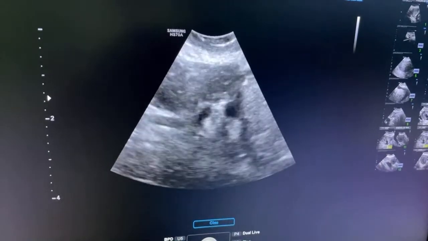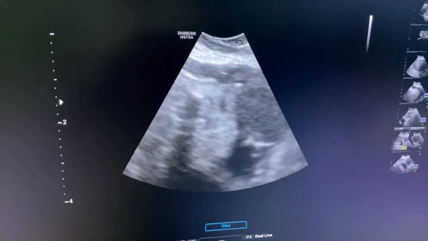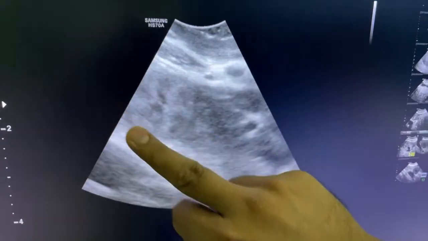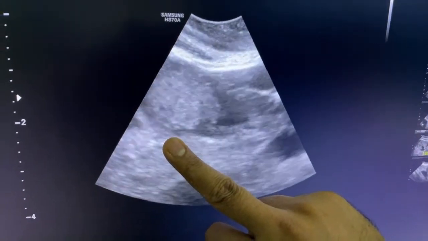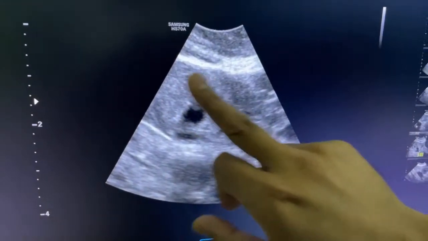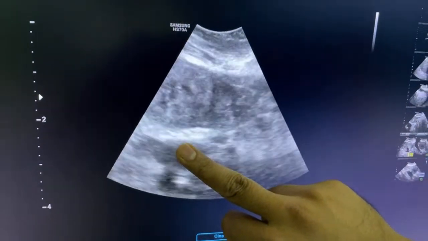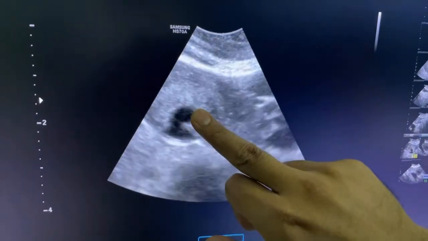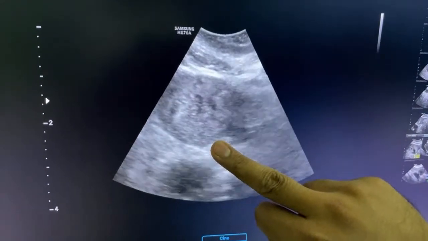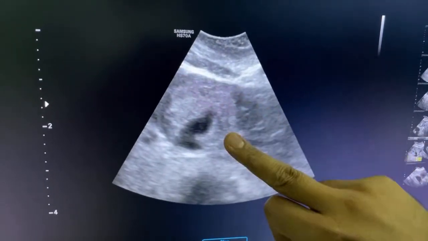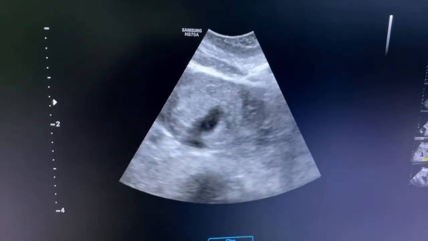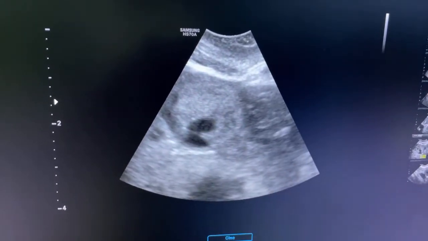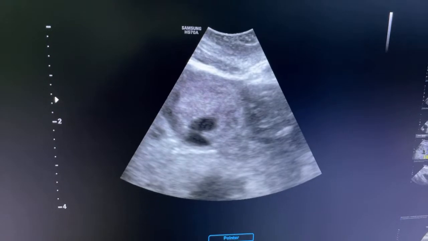Now let me show you this tubal mass. It is more echogenic. So an ectopic mass will be more echogenic. E for ectopic mass, E for more echogenic. In the center you may see a sac-like structure, so it may be a gestational sac. The tubal mass may contain a sac or not; it is not necessary that it always contains a sac. In this case, it is showing a sac-like structure.